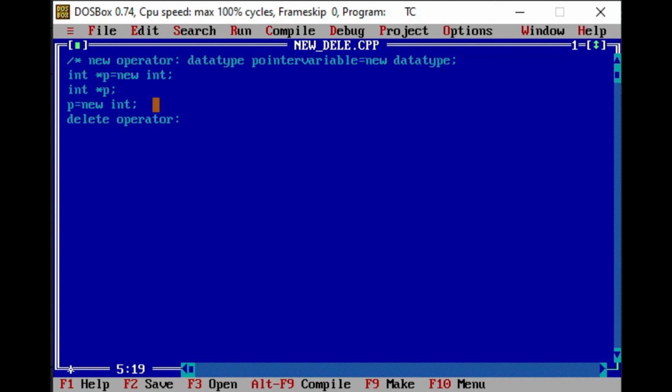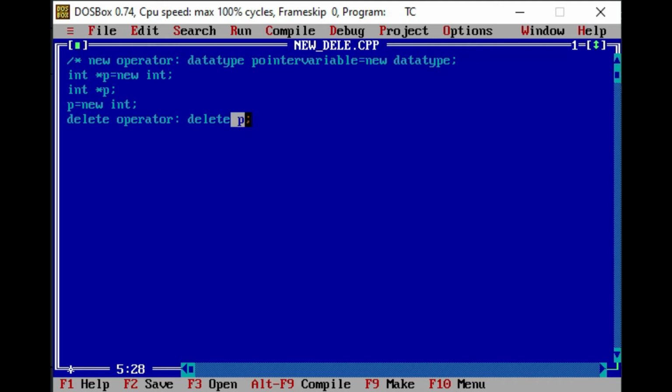If we want to explicitly show how the delete operator can be used, then we need to write delete, and here we are freeing, deallocating the memory. So we need to specify the address with the delete operator. So we will write the pointer variable p. If I write p with an asterisk sign, then it will consider the value stored in a particular location.